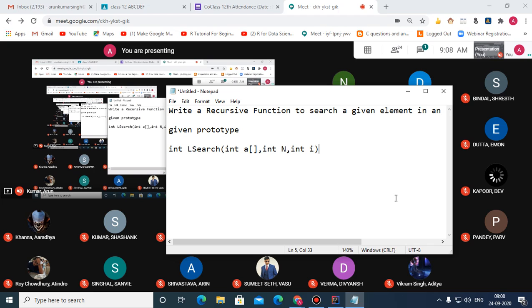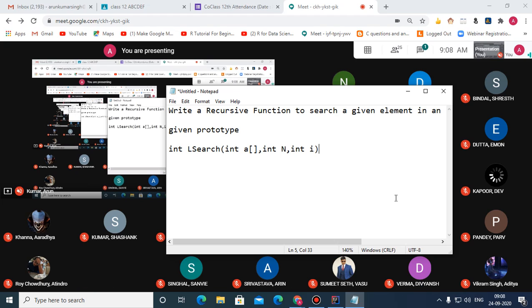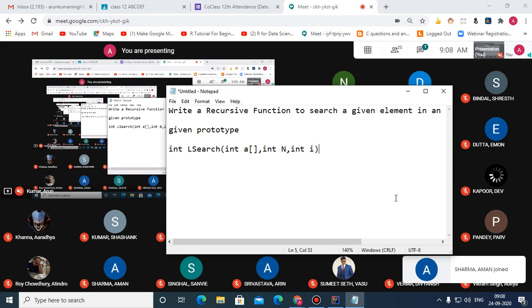So, dear children, please try this question. All of you start. So, this I is basically representing the loop variable and n is the element to be searched. And A is what?